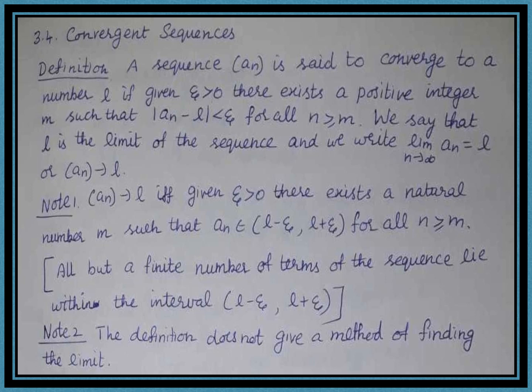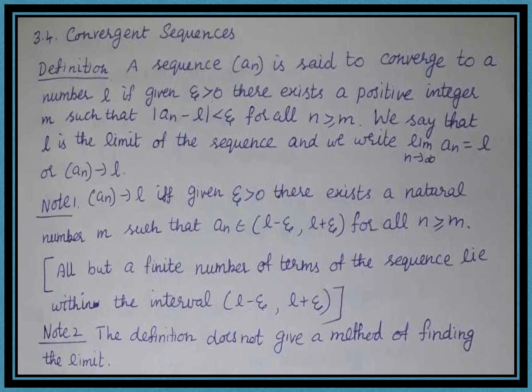So now we are going to see the proper definition of convergence. A sequence an is said to converge to a number L if, given epsilon greater than 0, there exists a positive integer m such that the absolute value of an minus L is less than epsilon for all n greater than or equal to m. This means you consider the sequence an,